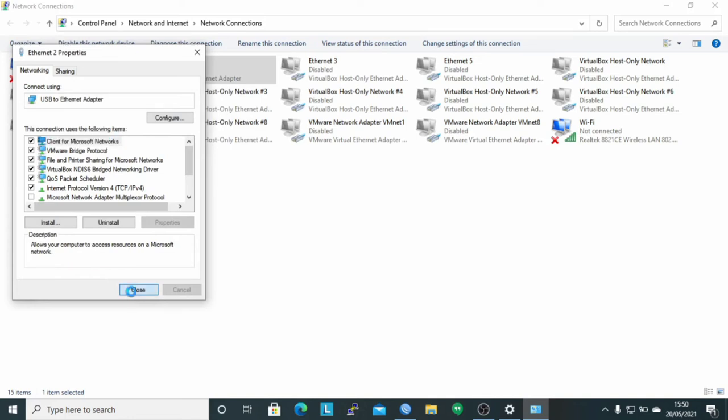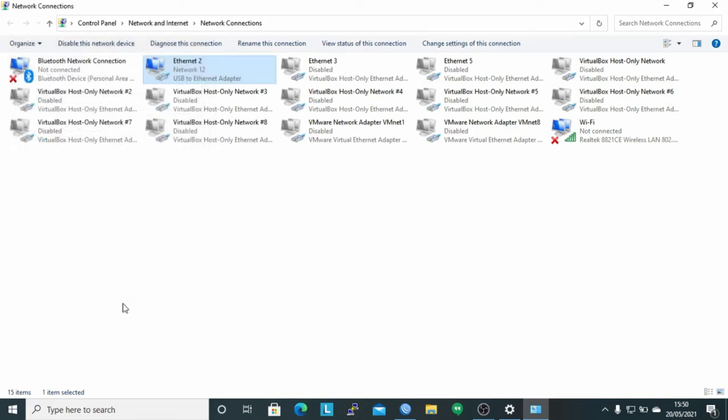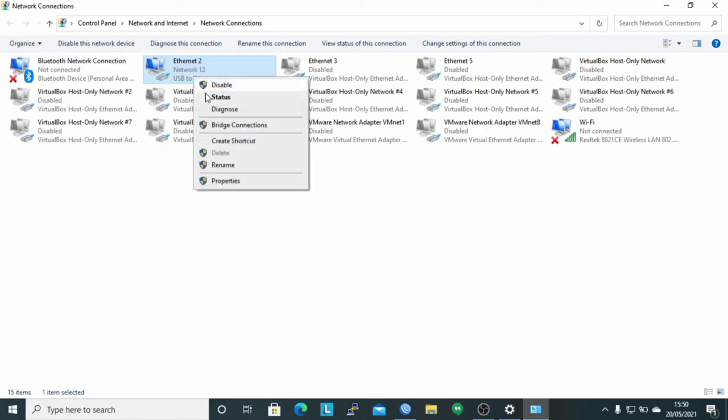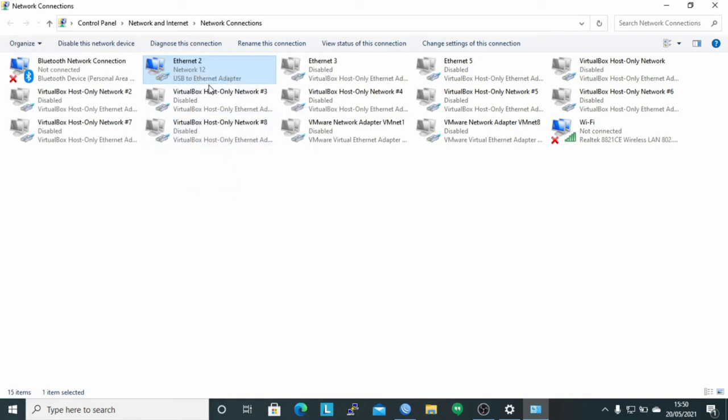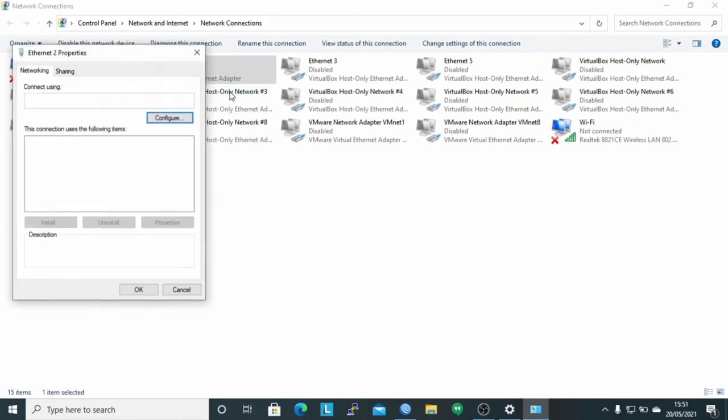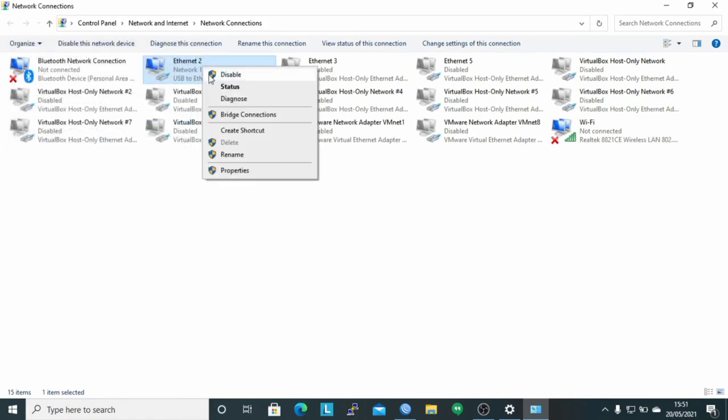If already, check the IP address for the client and open the network connection details.